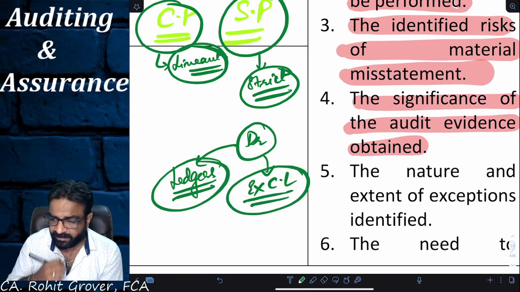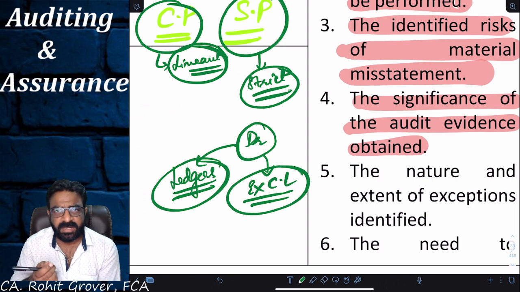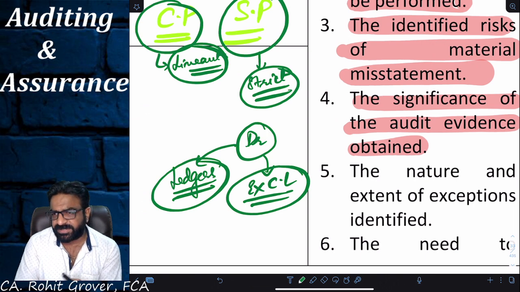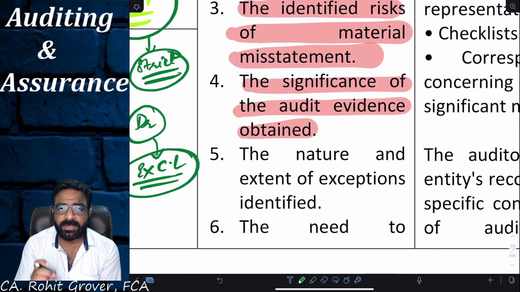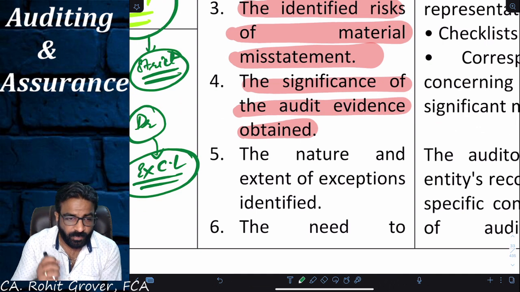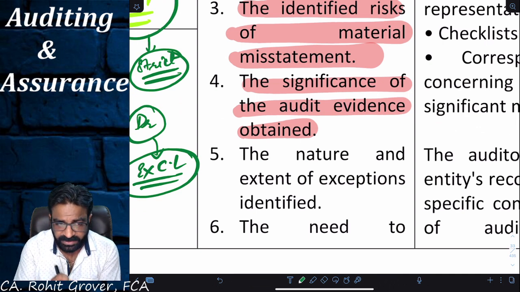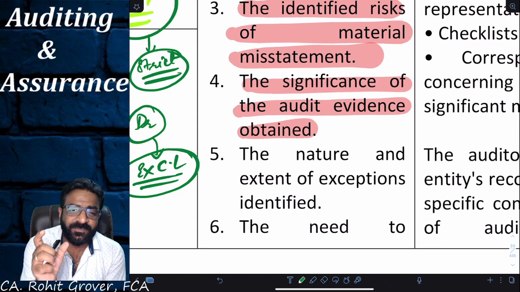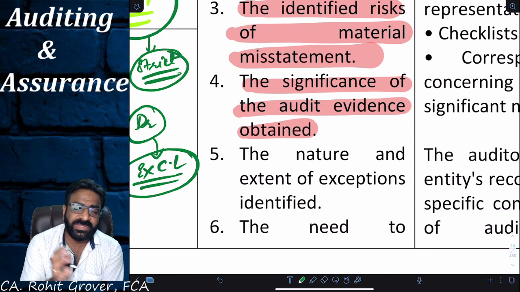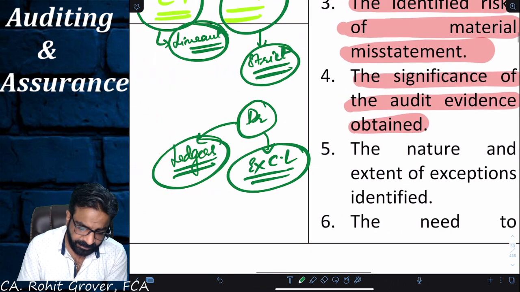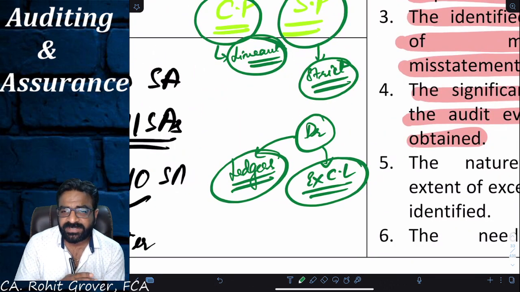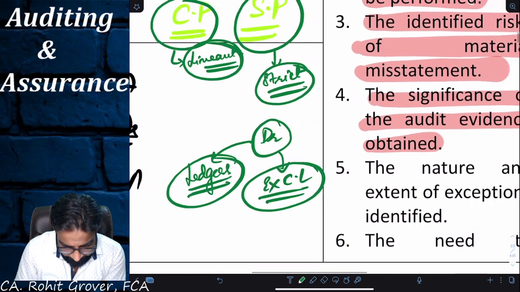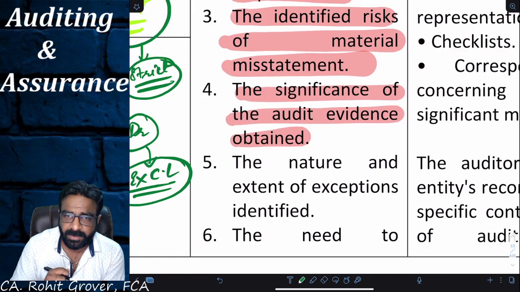Which one is more reliable audit evidence, everyone? The external confirmation letter is obviously more reliable as compared to the ledgers. So my question is, which would you like to collect and which would you not like to collect? Would you like to collect ledgers or would you like to collect the confirmation letters? Confirmation letter. So what is going to be part of audit documentation and what is not is dependent upon point number 4, the significance of the audit evidence you are obtaining. Which audit evidence is important in our example, ledgers or external confirmation letter? External confirmation letter. So is it more significant and more important or not? Yes.